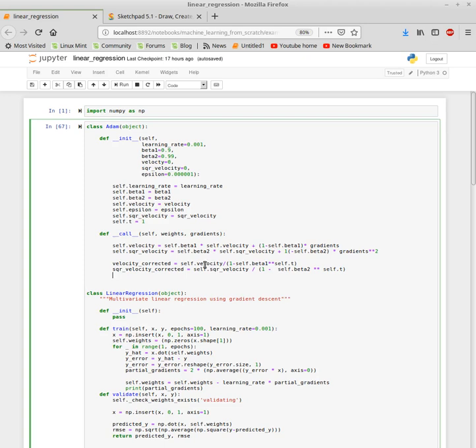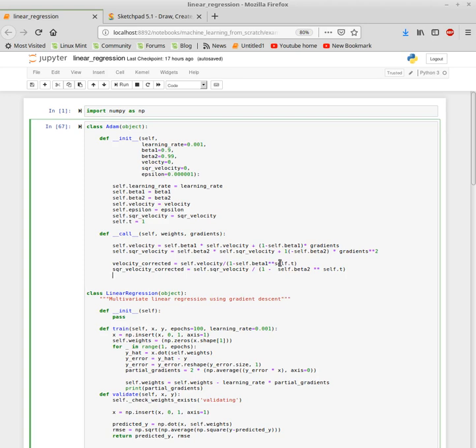Okay, the first iteration, self.velocity will be 0.1 from here. It'll be 0.9 times 0, which is 0, plus 1 minus 0.9, which is 0.1, times the gradient. So this will be 0.1 times the gradient is the new velocity, divided by 1 minus 0.9 squared to the